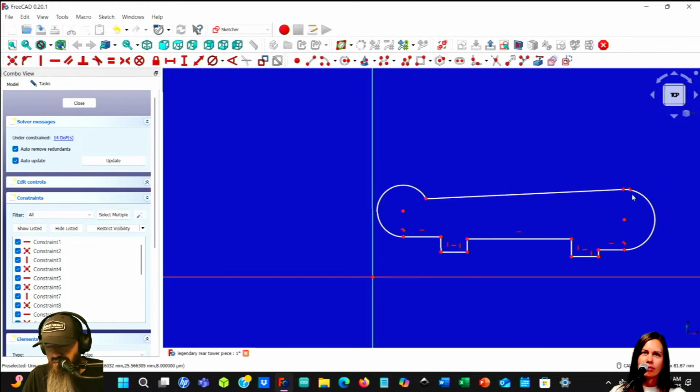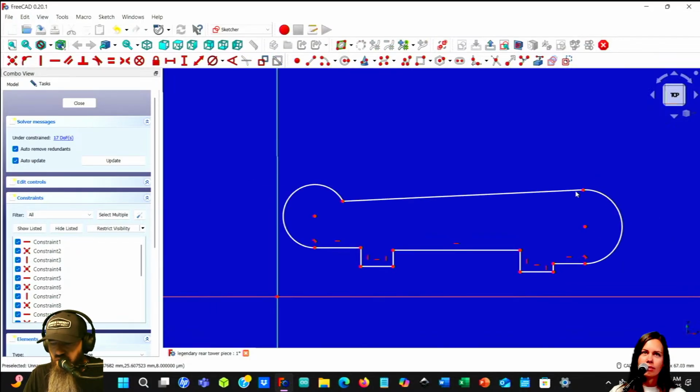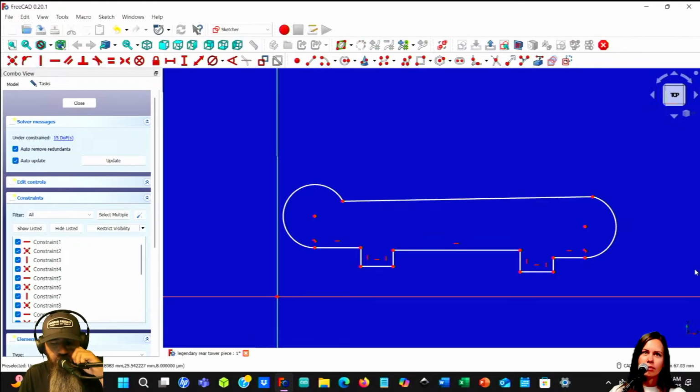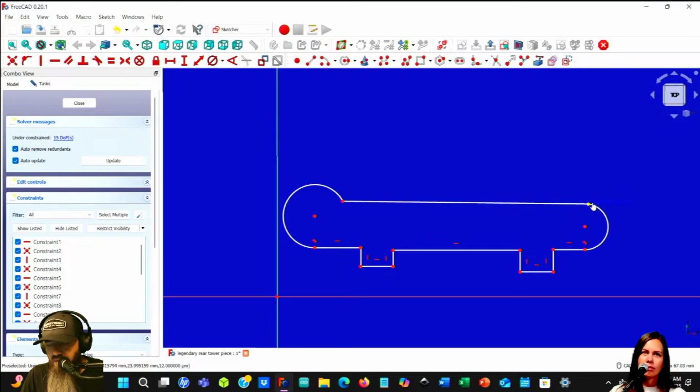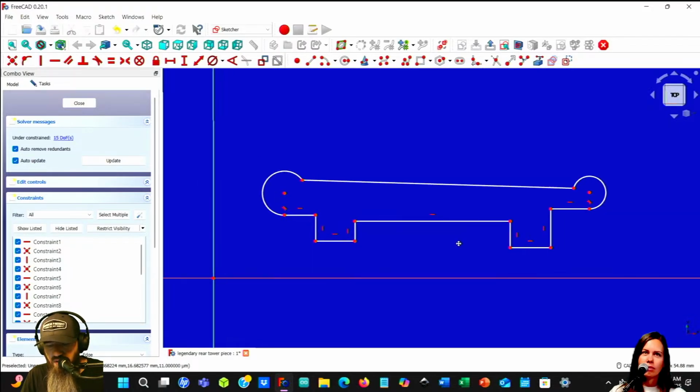Oh, this thing needs to not be here, so we need to get rid of that because we don't want that. And then this and this need to be the same point. So we come up and push this button, which constrains them. But it can't be tangential, I think is what that is. That word is tangent or something. Okay, so we're getting closer to our shape here.